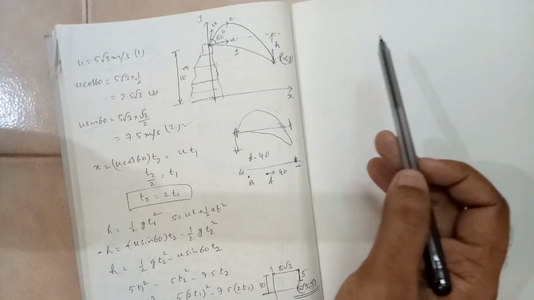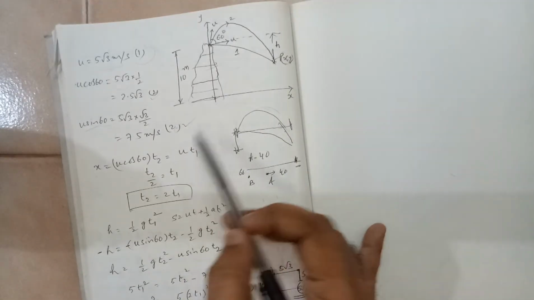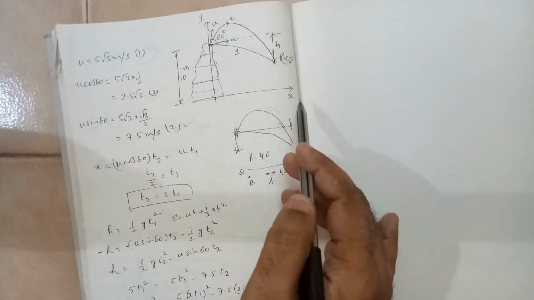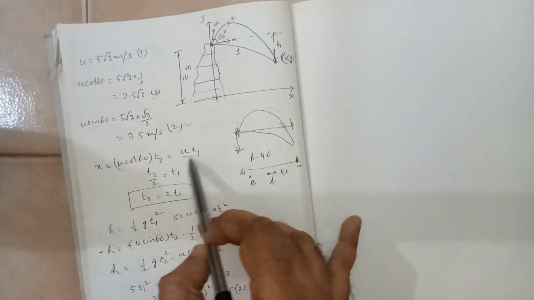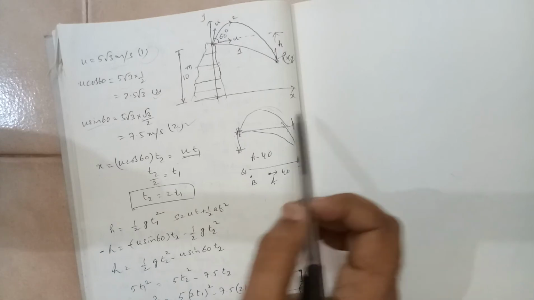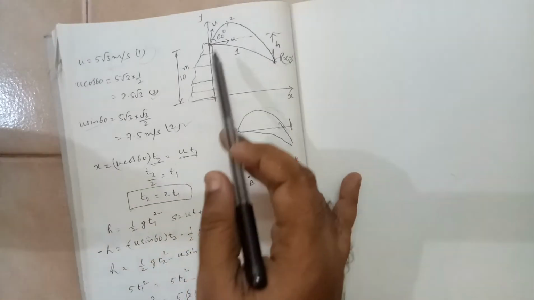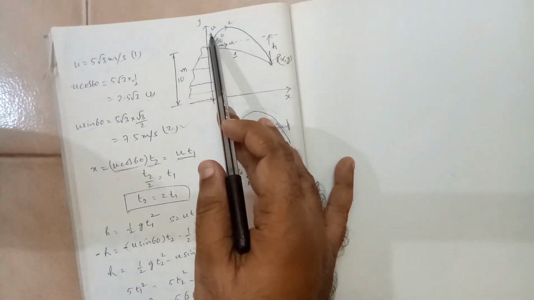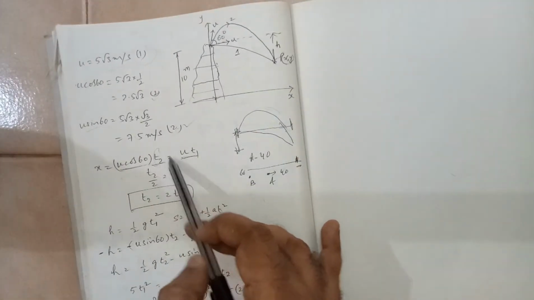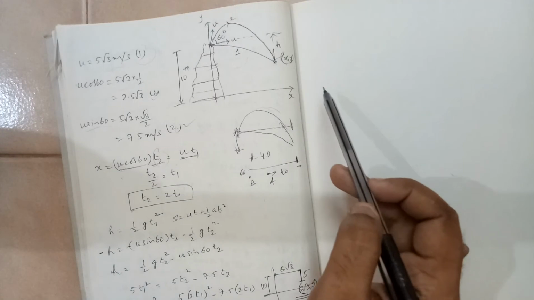There is no horizontal acceleration. X is equal to ut plus half at square, you remember. So there is no horizontal acceleration, that ax term will become 0 and you are left with ut1. For the case of the second fire, you have to take the horizontal component of u multiplied by the time. What is this t2 t1 time?